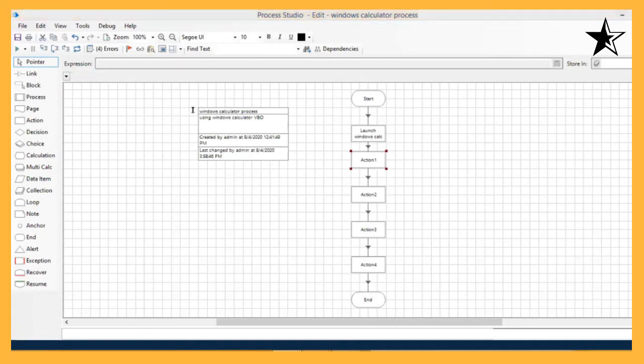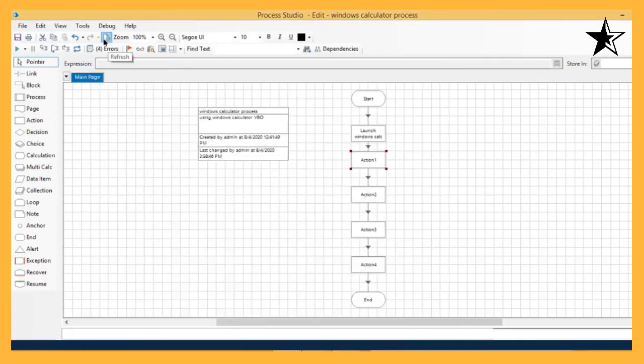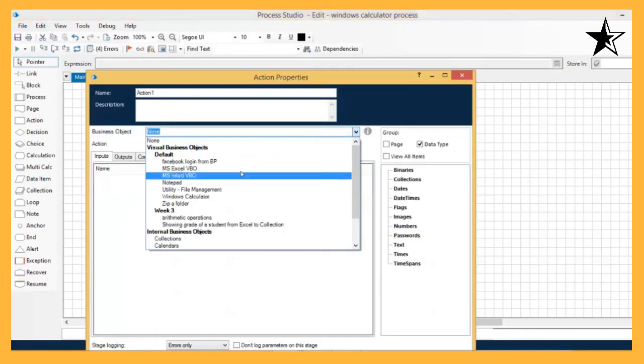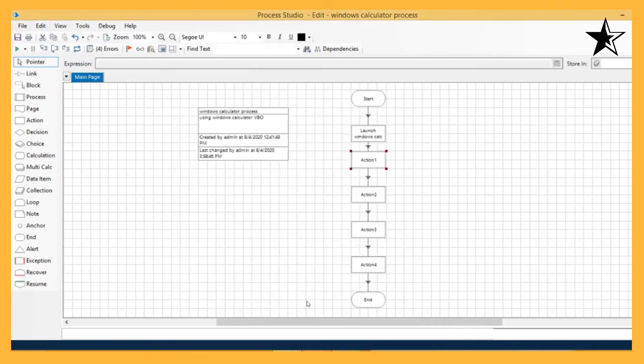So action 1 is click button 1, Windows calculator. Refresh, reset, Windows calculator. Oh, I made a mistake over there.